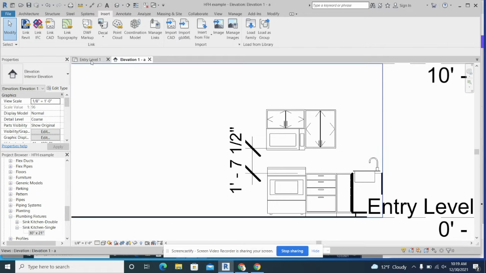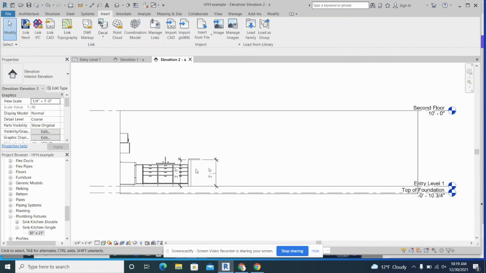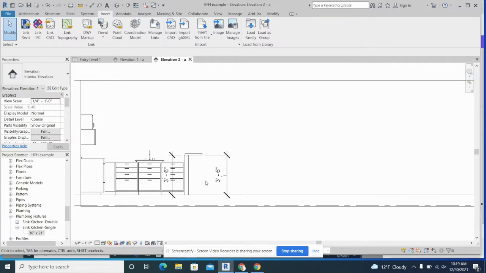I'll also show you if you want a peninsula with bar seating. I probably also have cabinets all along here, but if you want a peninsula with bar seating, you can see here how to make that. I'll show you guys how to do these things. I'm going to clear out all of my stuff and start from scratch, a plain slate